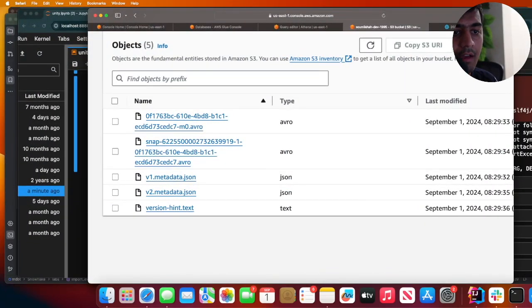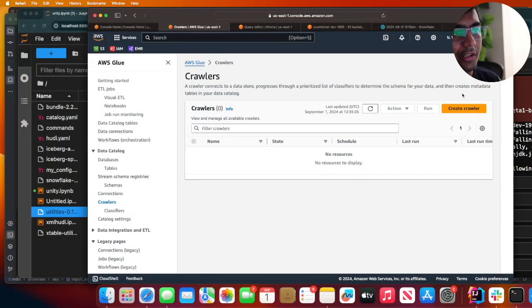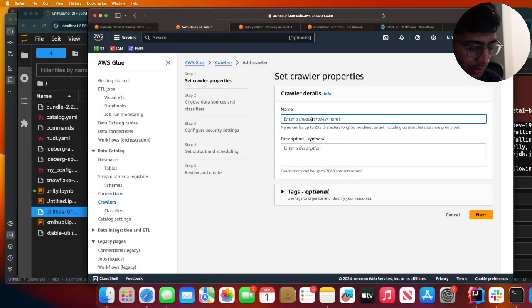Now, again, we have a table on S3, which is Hudi. We also have the metadata for Iceberg and Delta. Now let's catalog this in the Glue Hive Metastore using a simple Glue crawler. All right, so now let's leverage Glue crawlers, right? So I'm gonna go to Glue crawlers, and I'm gonna say,